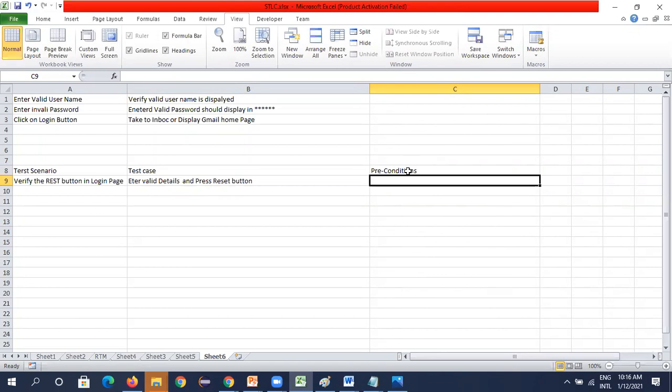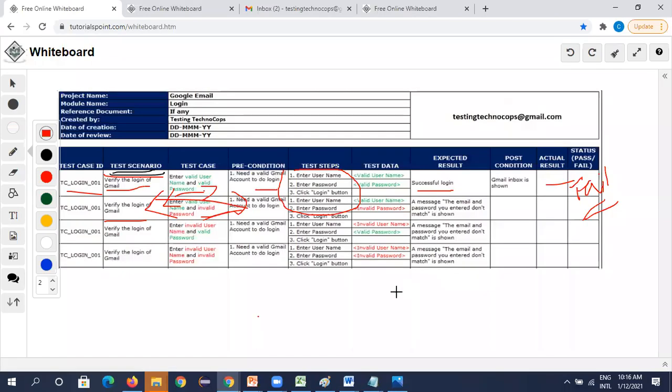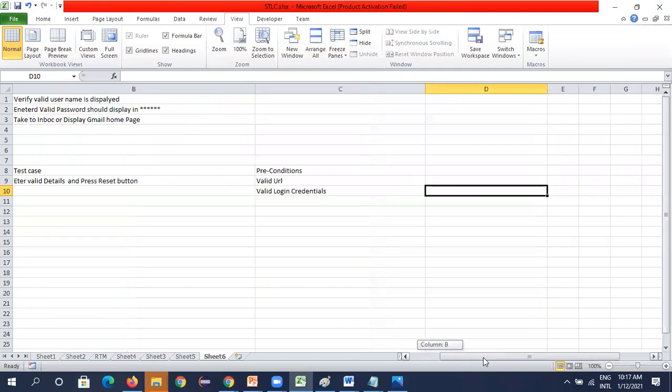What I need to write is a valid URL, one precondition you should have. Valid login credentials is another precondition we need to have. These two are basic preconditions. Next we go for test steps.